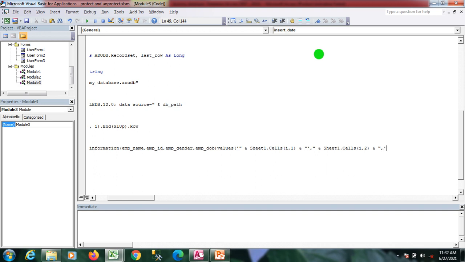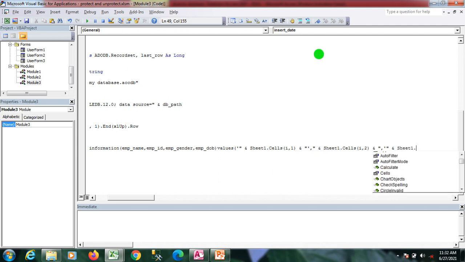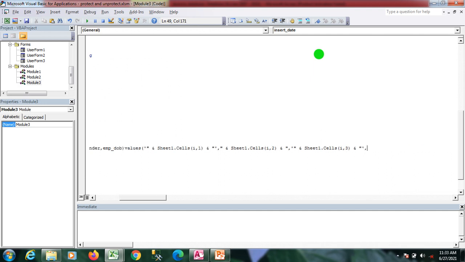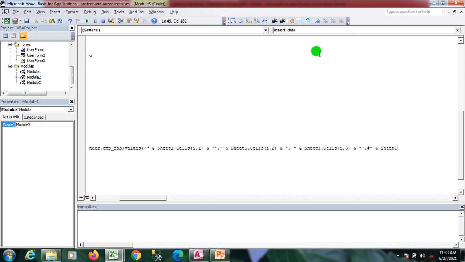And here I simply insert the third column, that is Sheet1.Cells(i, 3), column number 3, right? And I have the date. For the date I'm using the hash symbols, right? Sheet1.Cells(i, 4).